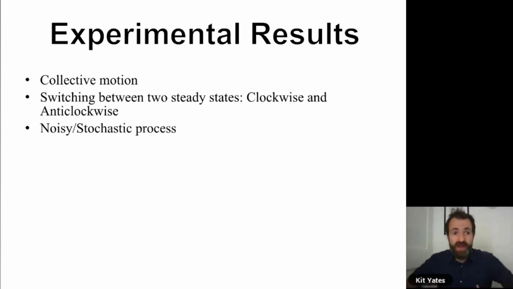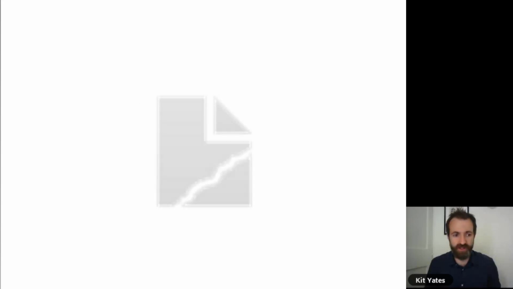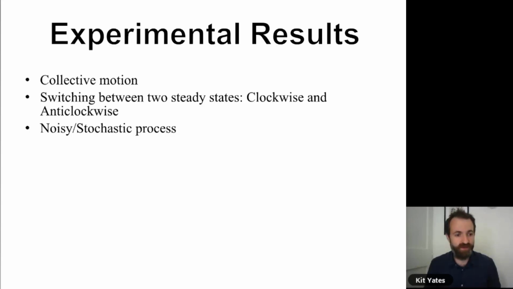And what they found was that the more locusts you have in this arena, the longer the locusts will stay going around in one direction. And they thought of that as a proxy for the stability of the swarm. So how stable or unstable the swarm is depends on how often they switch back and forth. So that's what they found. And then this is a typical experimental time course.